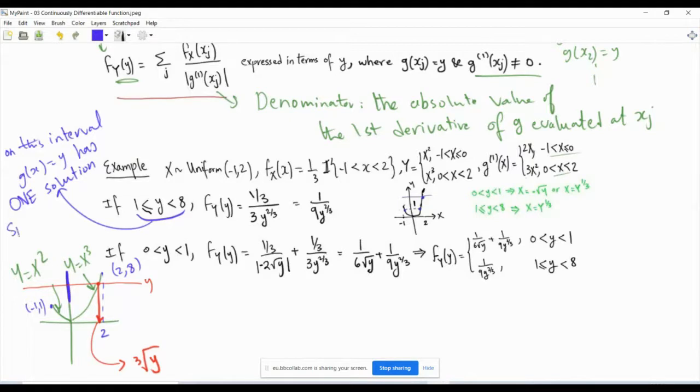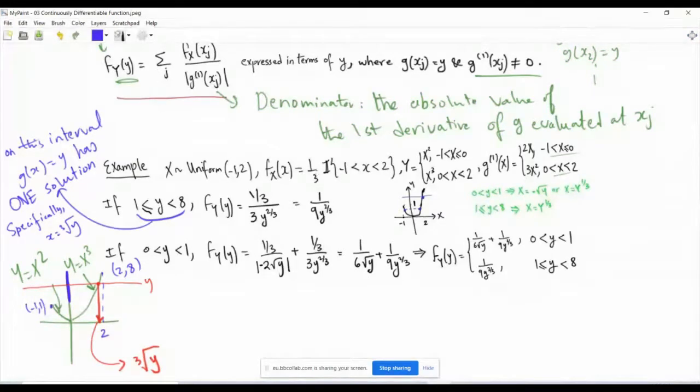Okay, specifically, x is the cubic root of y. This is not something that is magical. You get it just from the definition of the function. And then what you do is that you plug in. So in our case here, when y is in this range, the summation is just one term, and so